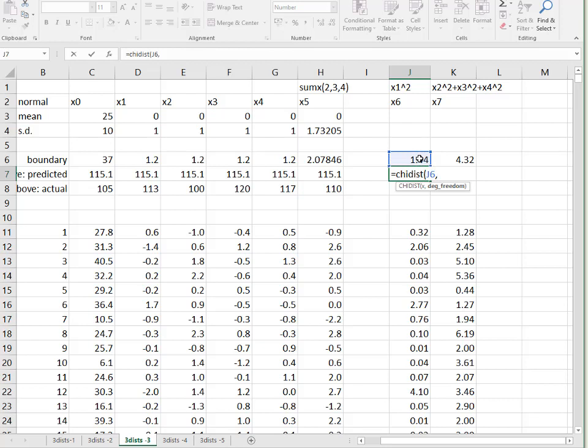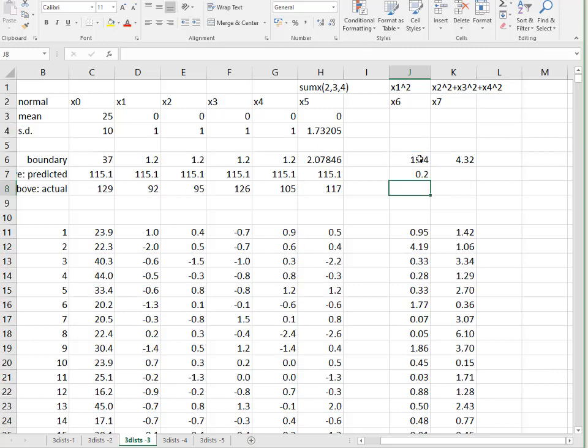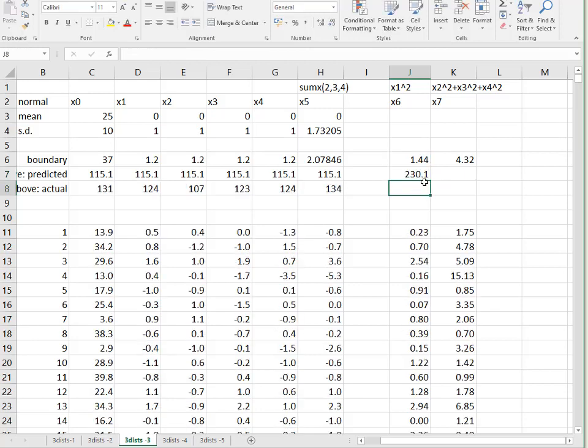You also need to put in something called degrees of freedom, I'll explain in a minute. You put that as 1. So that's going to tell us about 0.2, or 20%, will be above this number. Just need to multiply that by 1,000 because we have 1,000 numbers. There are 1,000 numbers here,